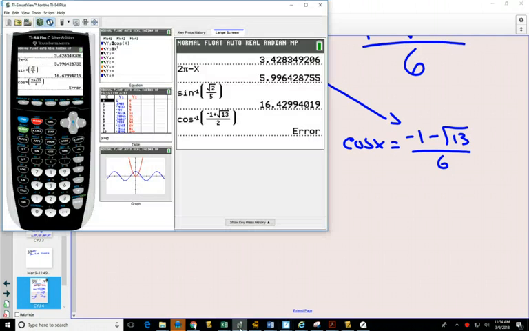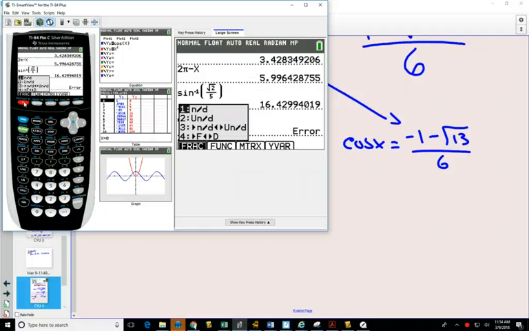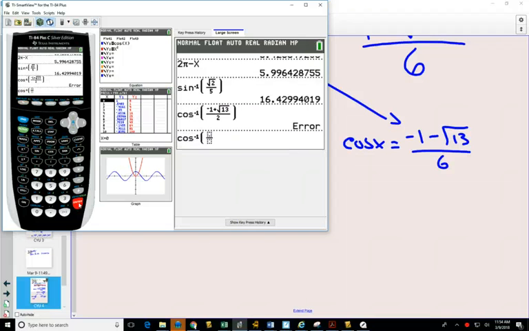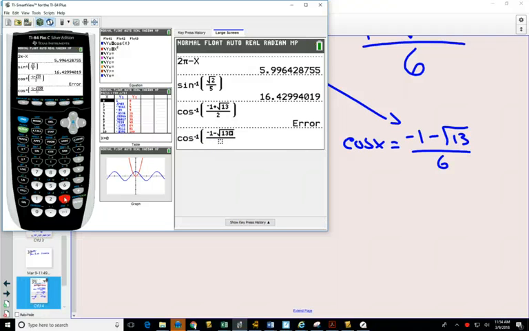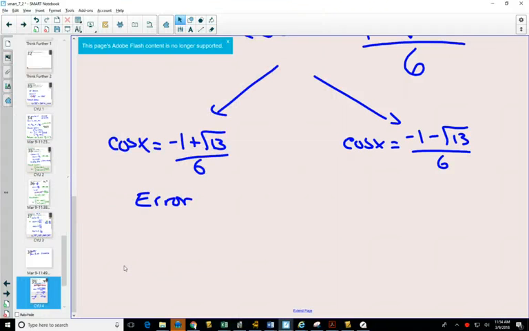And in the second one, I'm going to do second cos inverse. Go to my fraction button. Negative 1 minus the square root of 13. Oh, I didn't write 6. That wasn't the sneaky mistake. Oh, I'm still going to make a sneaky mistake. That was just a silly mistake. So let's